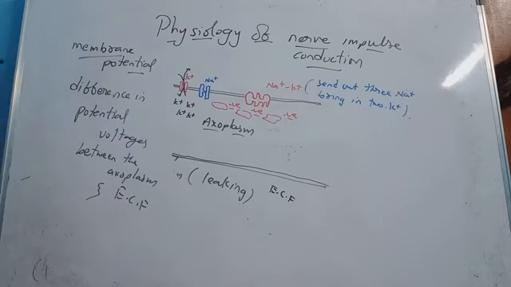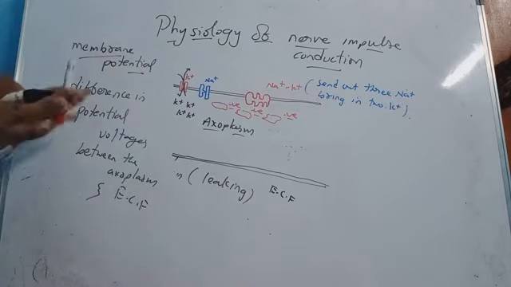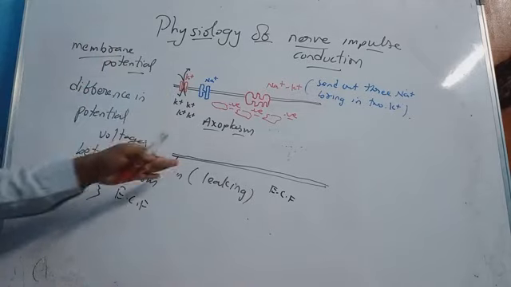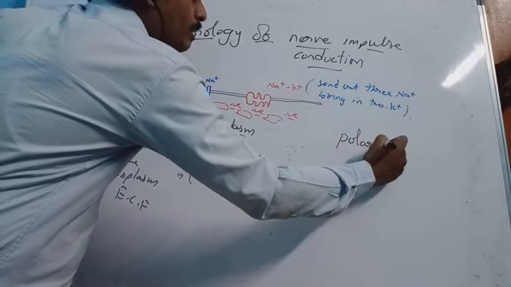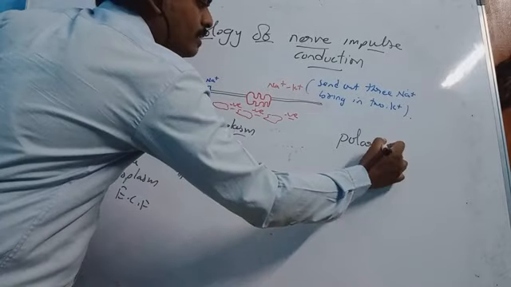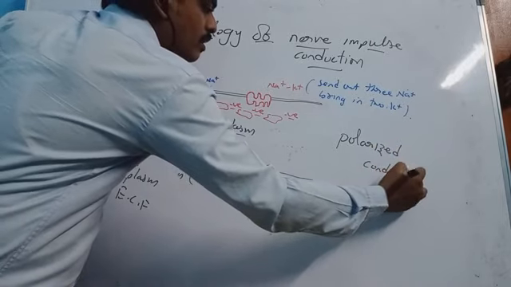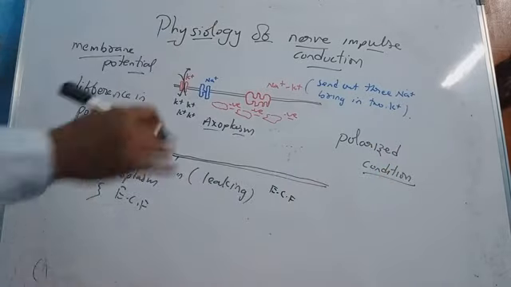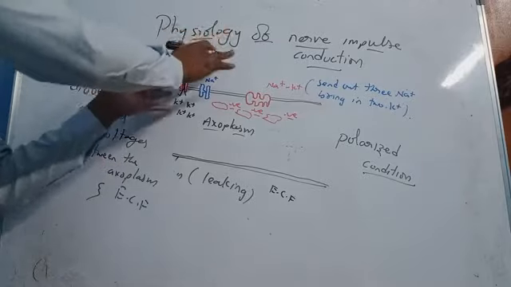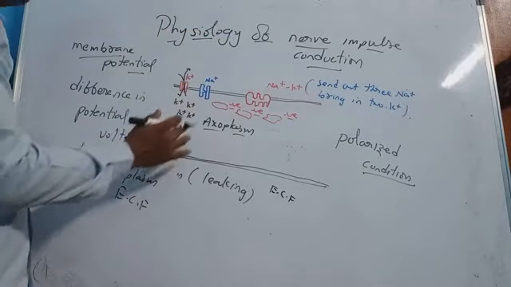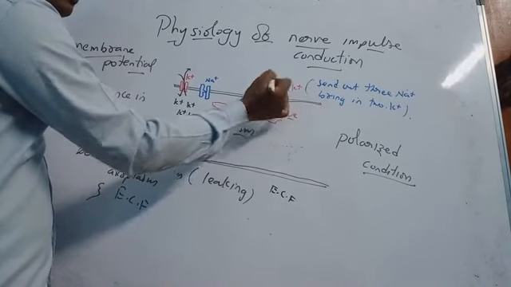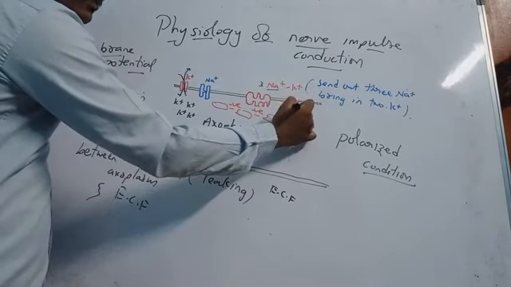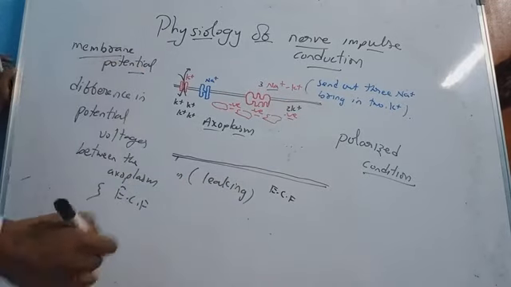conditions, think of that. Okay, so in inactive conditions there will be some membrane potential. So the point is, because of these ions, the membrane is always polarized. So the membrane is in what condition? Polarized condition. That means there is some potential difference between the outer and the inner. See, for example, as we have discussed, this pump is sending out 3 sodium ions and taking in only how many?